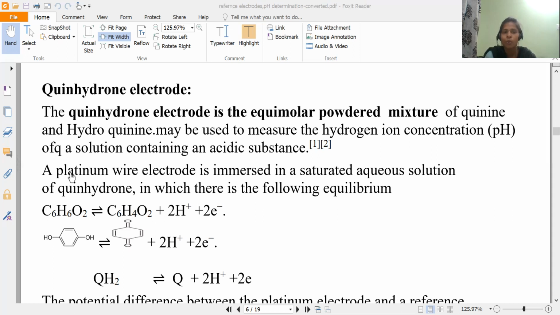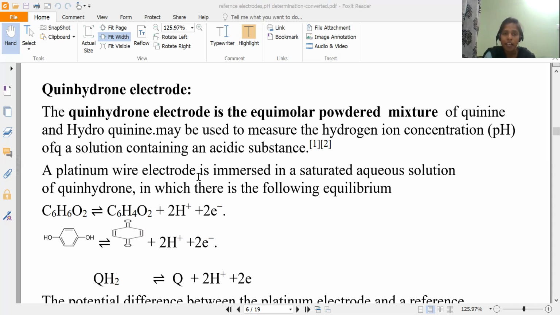Let us see how to construct the quinhydrone electrode, because it is not available in the metallic form. So we need to take an external metal support for the power supply, because for the powder, the electricity cannot pass. But we know that the quinhydrone electrode is one of the reference electrodes which is used to find the electrode potential of the other electrode. So we need to provide the electricity to construct the quinhydrone electrode. So let us see how we are constructing it.